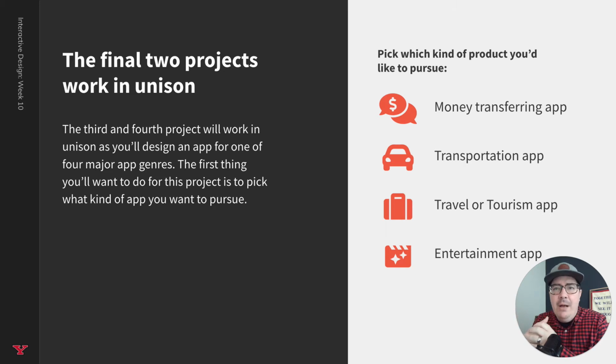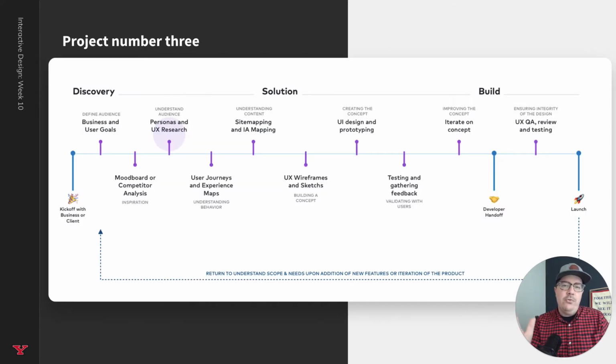So for project number 4, you're going to be building from one of these 4 categories. It's going to be something that you come up with, informed by the information you get from project number 3's work that we do here. So the first thing you're going to do is pick one of these 4 app genres that you'd like to pursue. And then you're going to be building your own app from scratch, from the start, which is really cool and really exciting. Project number 3, though, focuses